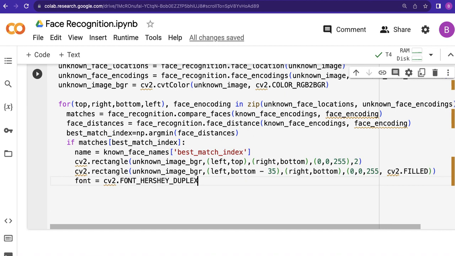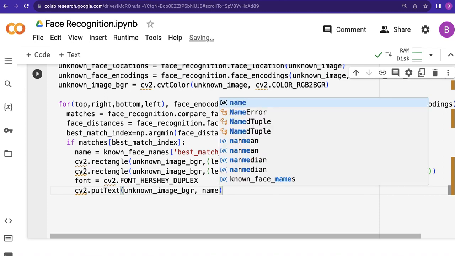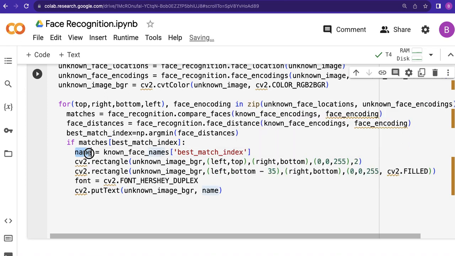This is the font which we'll be using for plotting the label of the image, right? So then CV2 dot put text will put the text now, that is the label, unknown image underscore BGR comma name, right? Name which we got from here, right? So this name, comma